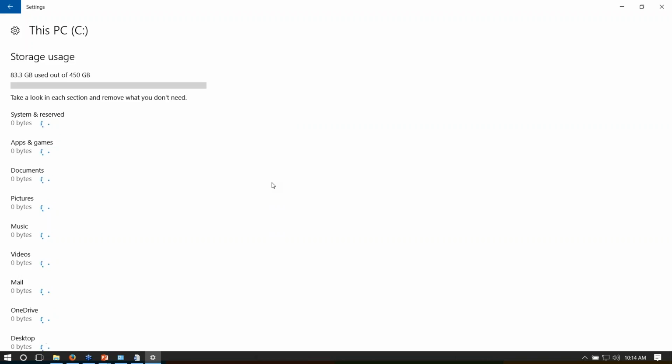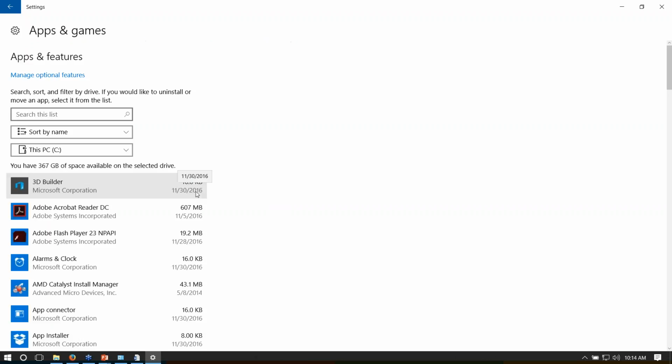Now on this machine, I've got a standard regular hard drive. I don't have a solid state drive like I do on my Surface Pro 3, where it matters a little bit more what kind of storage I'm using. But again, it's a really, really useful feature to be aware of in Windows 10. So let me see if it'll let me click into apps and games. It hadn't really populated all of that information yet, but you see I clicked into apps,